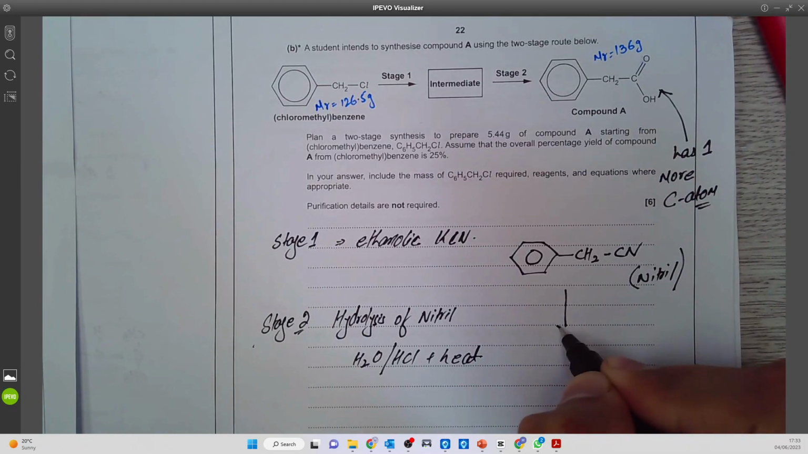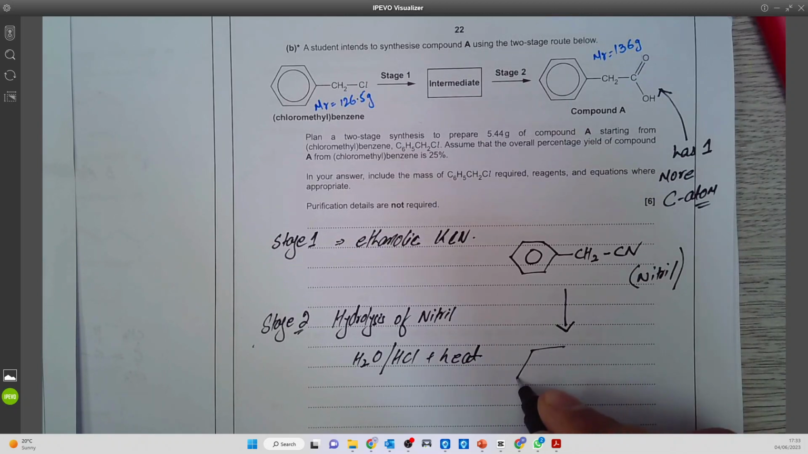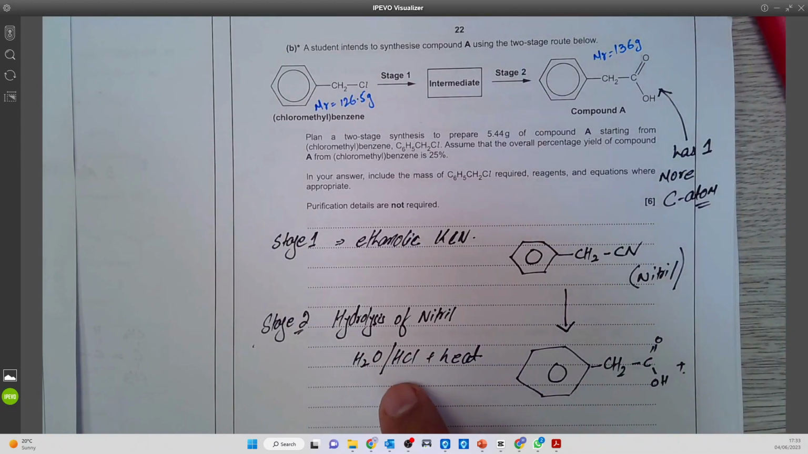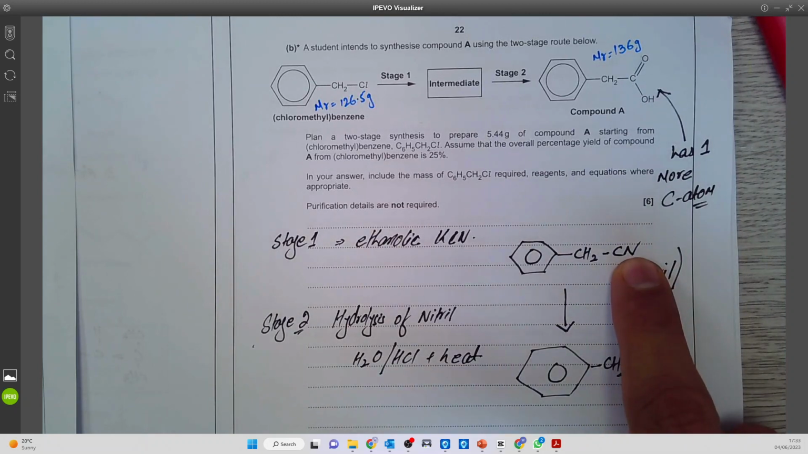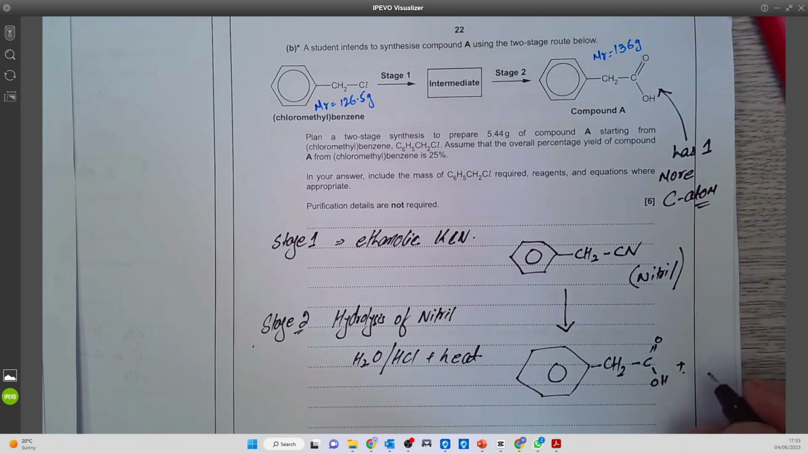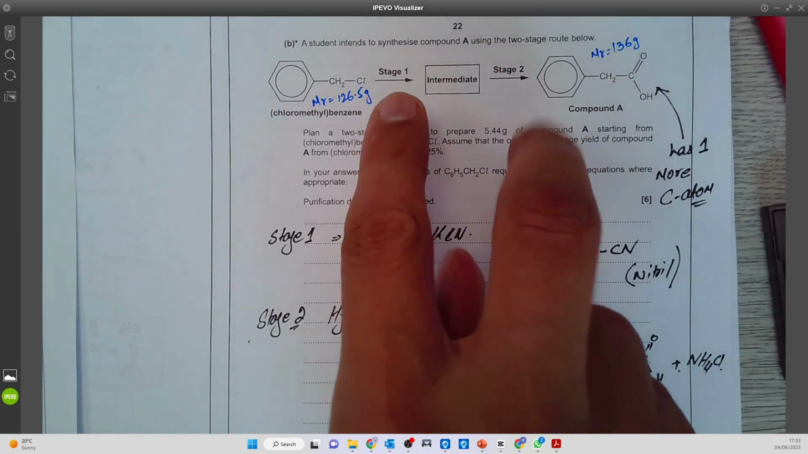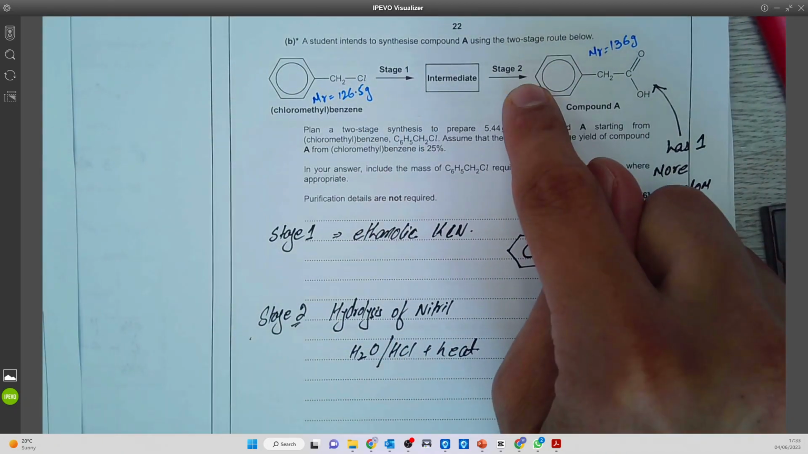So this will then change into... what else will be produced? Now look, I'm using acid conditions and this nitrogen has been removed. So in this case, it will produce ammonia, but because you're using acid conditions, ammonia will react with HCl and will produce NH4Cl. So I've done what is needed for stage 1, what is needed for stage 2, and I've also shown my